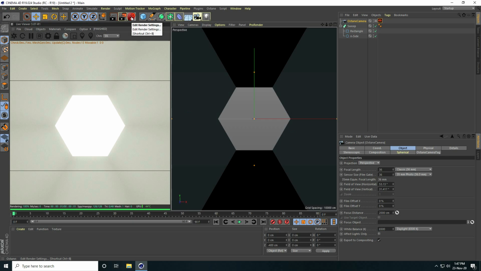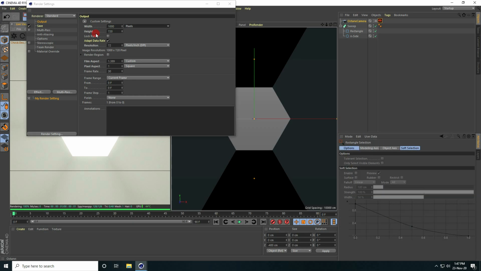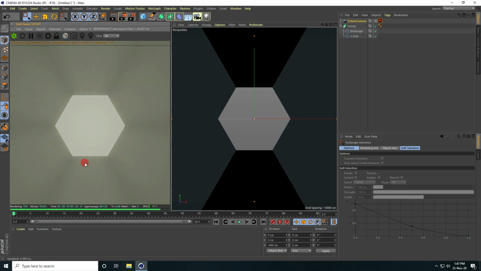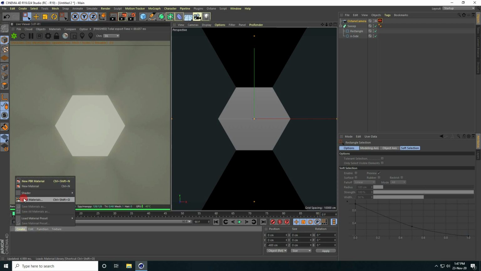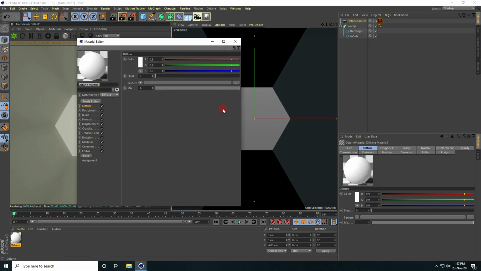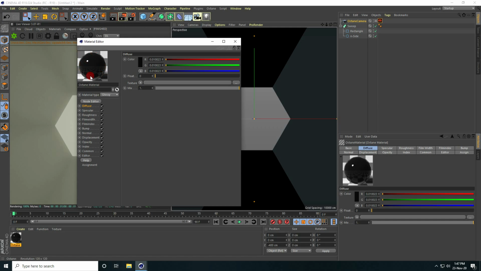Okay, so I go to render setting and change the size. I take the same breadth size 1000 and height 1000 and click here. Yeah, great. Okay, so now I create a material for this object. So go to shader and Octane material and open. Material type I use glossy, and diffuse. I take a dark gray color like this, right?